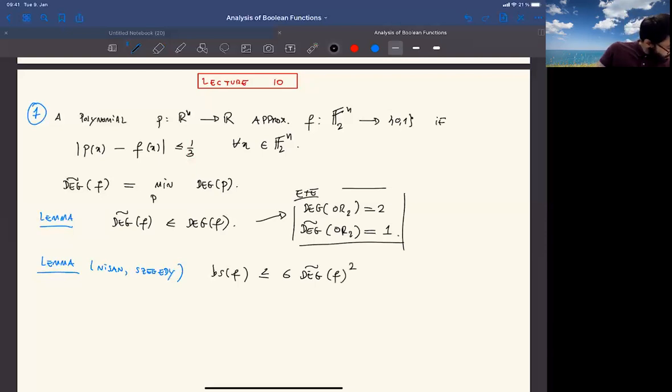And I will tell you where this is. This is in lemma 3.8 of the paper